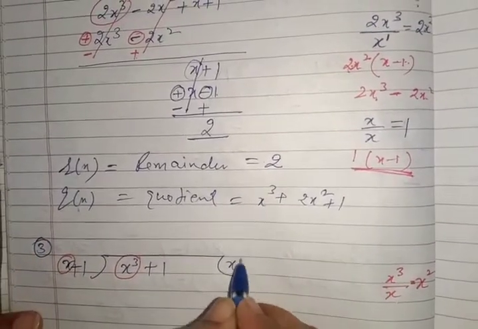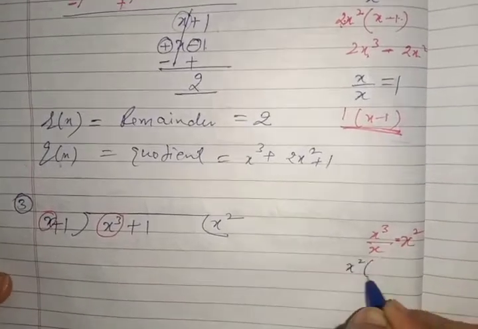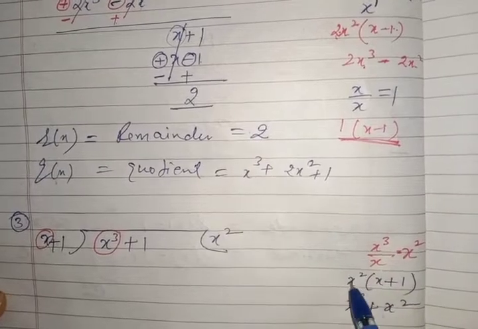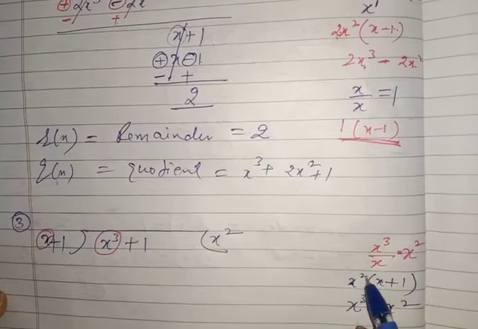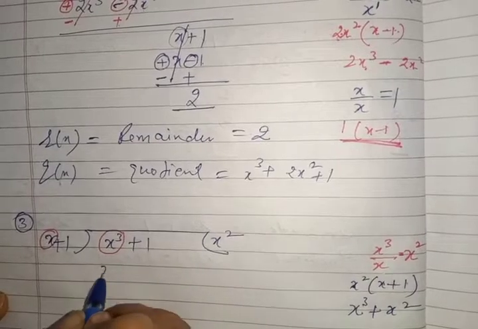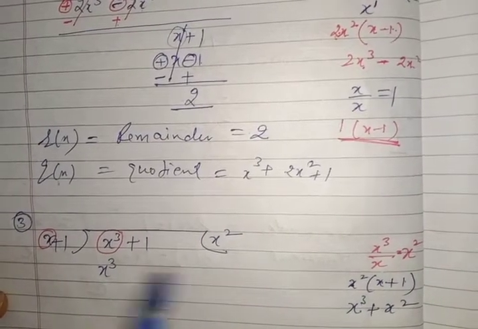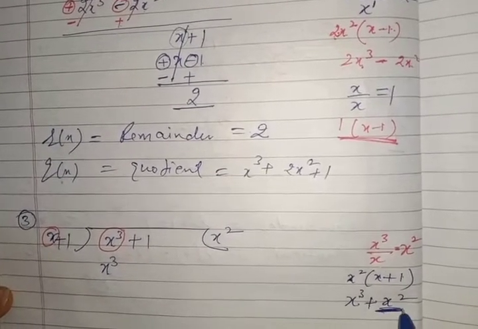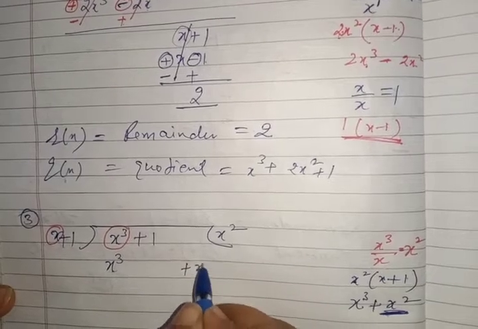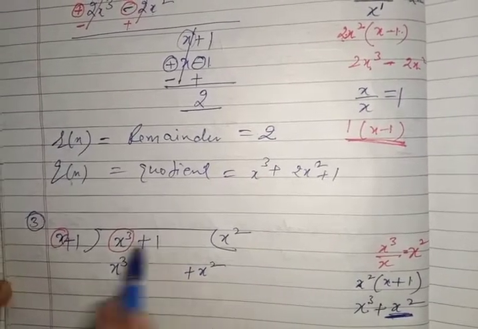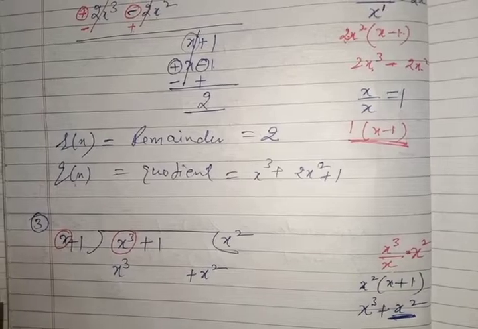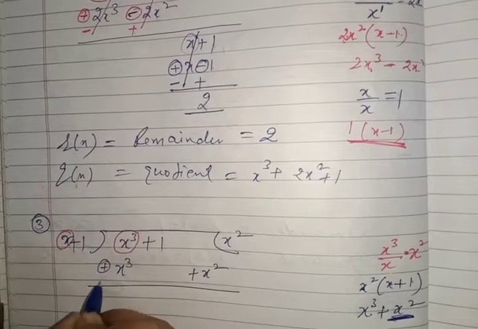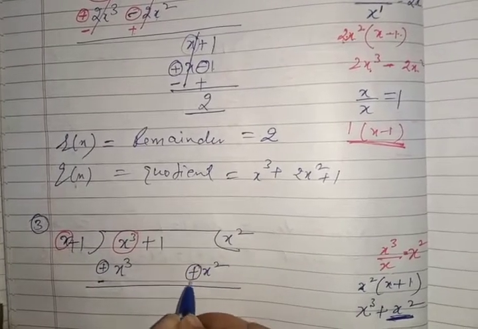Right here x². Now multiply x² with x plus 1. What do we get? x³ plus x². x² into x is x³ plus sign, x² into 1 is x². Right here we can write x³ because x³ below x³. Where will we write this x²? We will write here x² because there is no term of x² in the dividend. So we will write like this, and again we will draw the line. Plus sign will become minus, and this sign also will become minus.